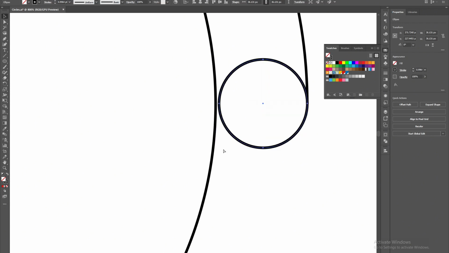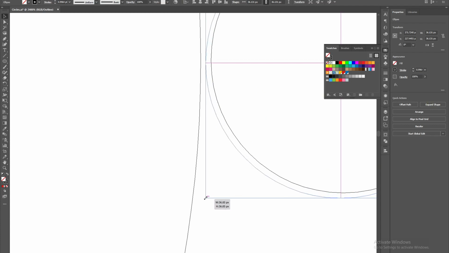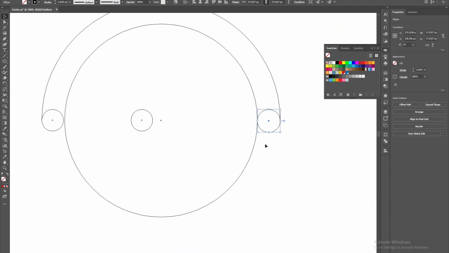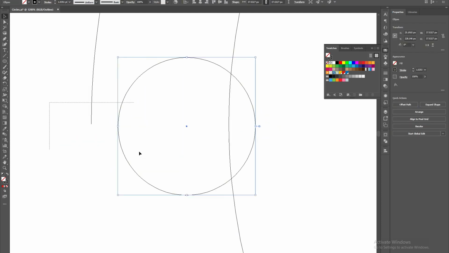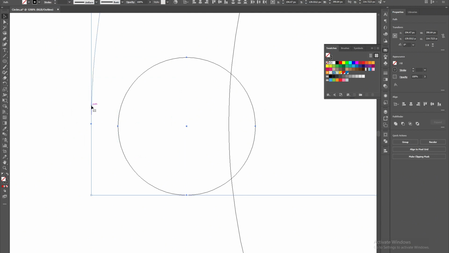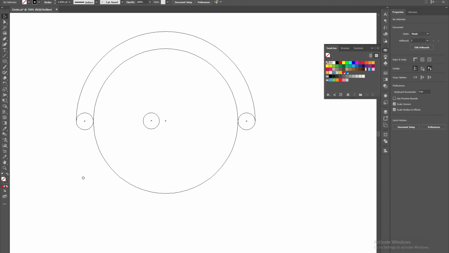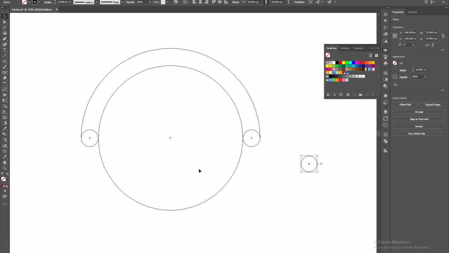You can do Control Y on your keyboard for the outline mode, like this. Okay, now we're going to delete this one and copy this one again, and let's select them both and make this one the key and align it to the side. Okay, so now what are we going to get from here? Let's see. Are we going to get